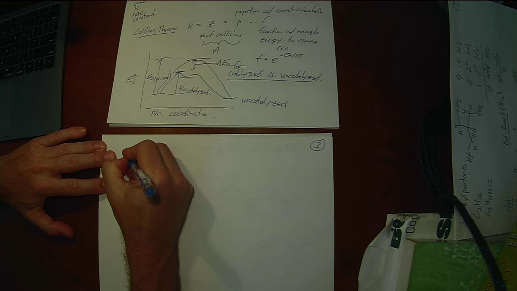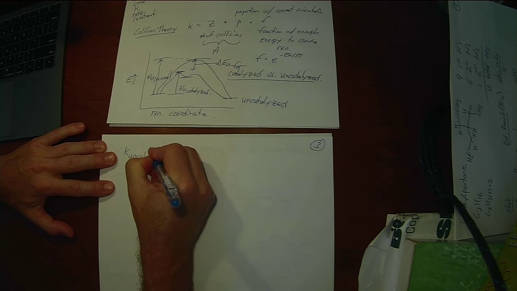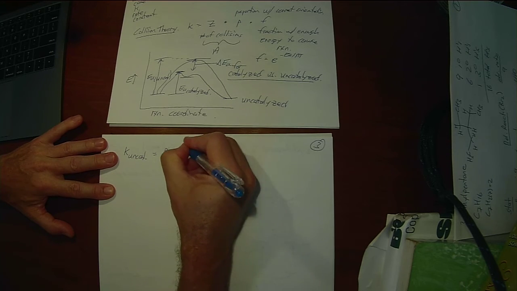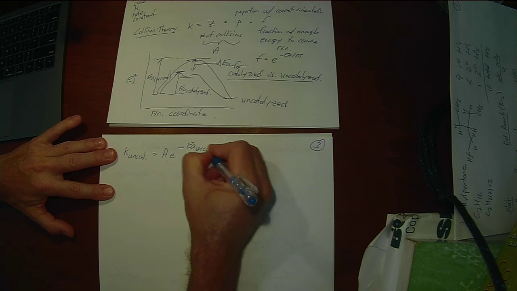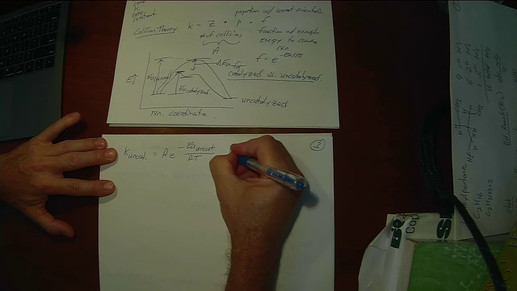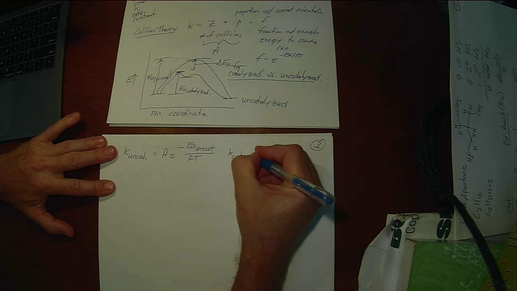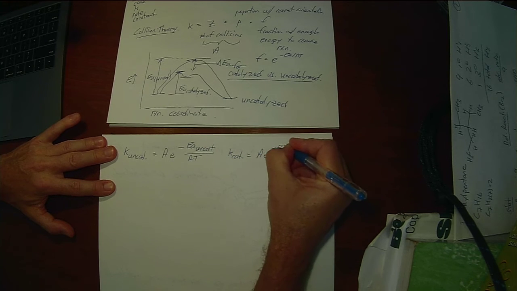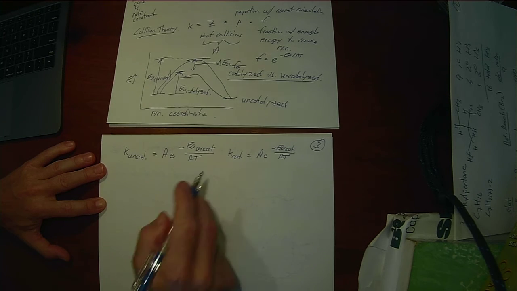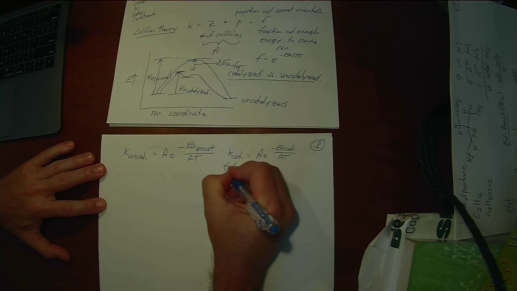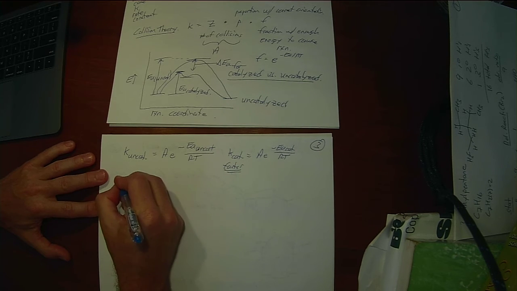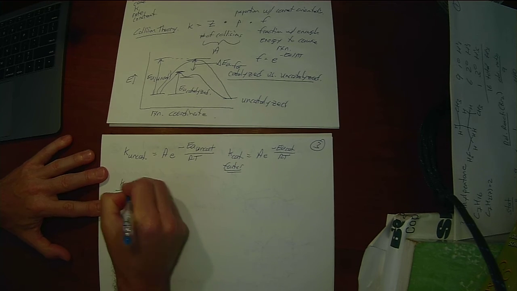K for the uncatalyzed is equal to A times e to the minus Ea for the uncatalyzed over RT, and K for the catalyzed reaction is equal to A times e to the minus Ea for the catalyzed reaction over RT. If we want to get our relative rate, we know this one's going to be faster, right, because it's the lower activation energy. We can write K cat over K uncat,